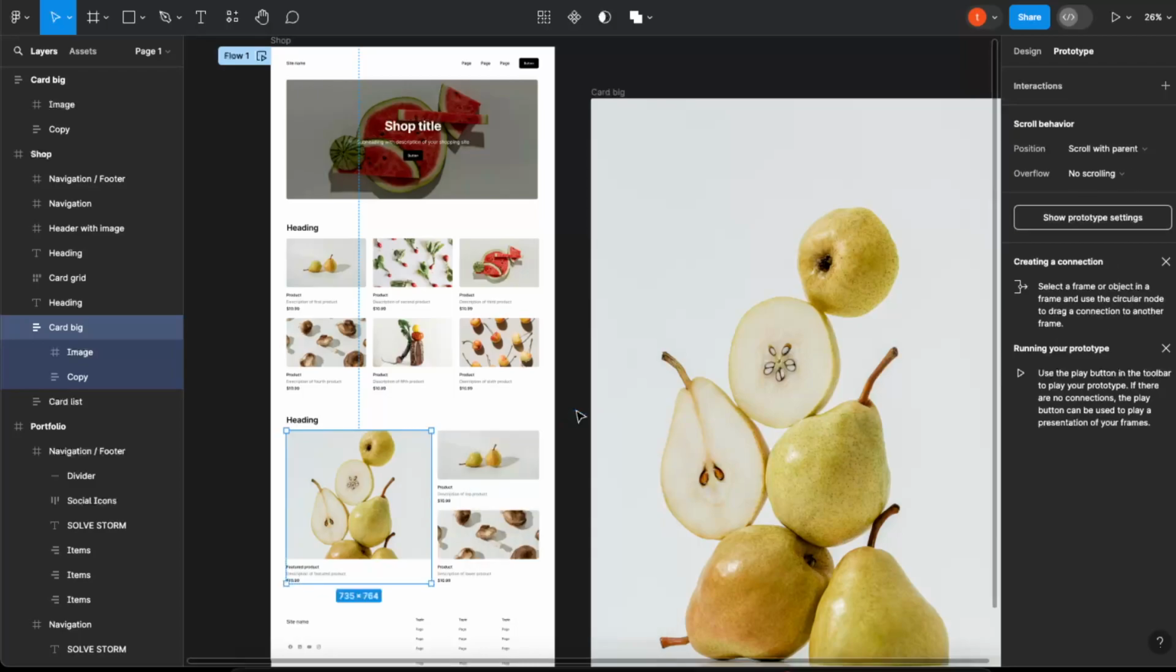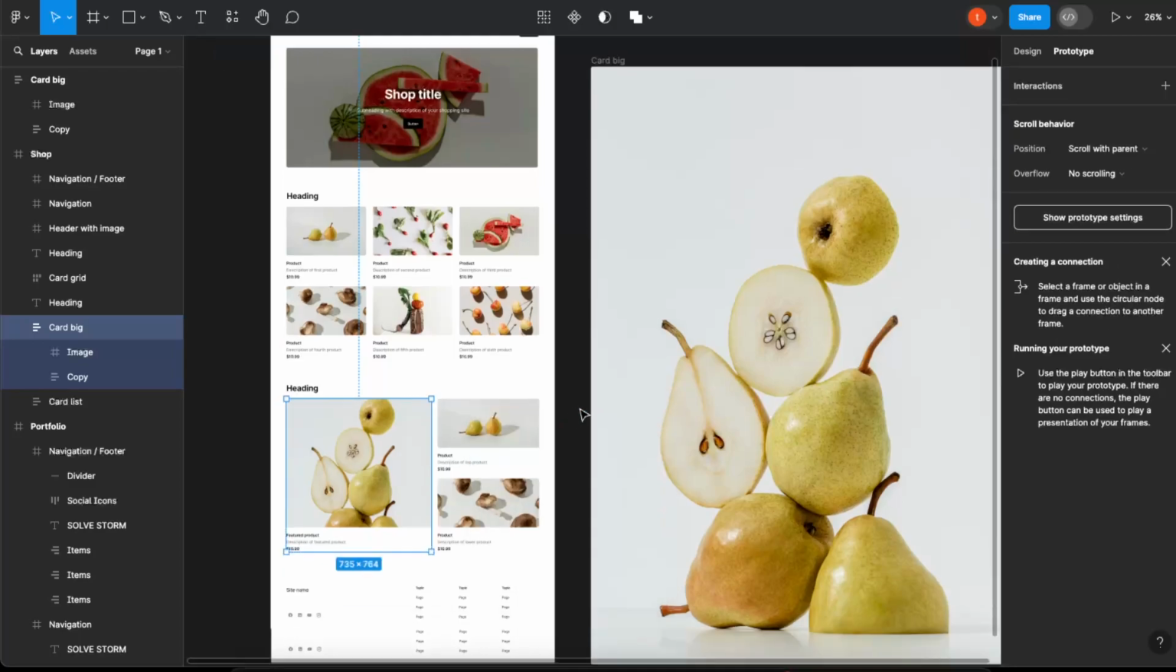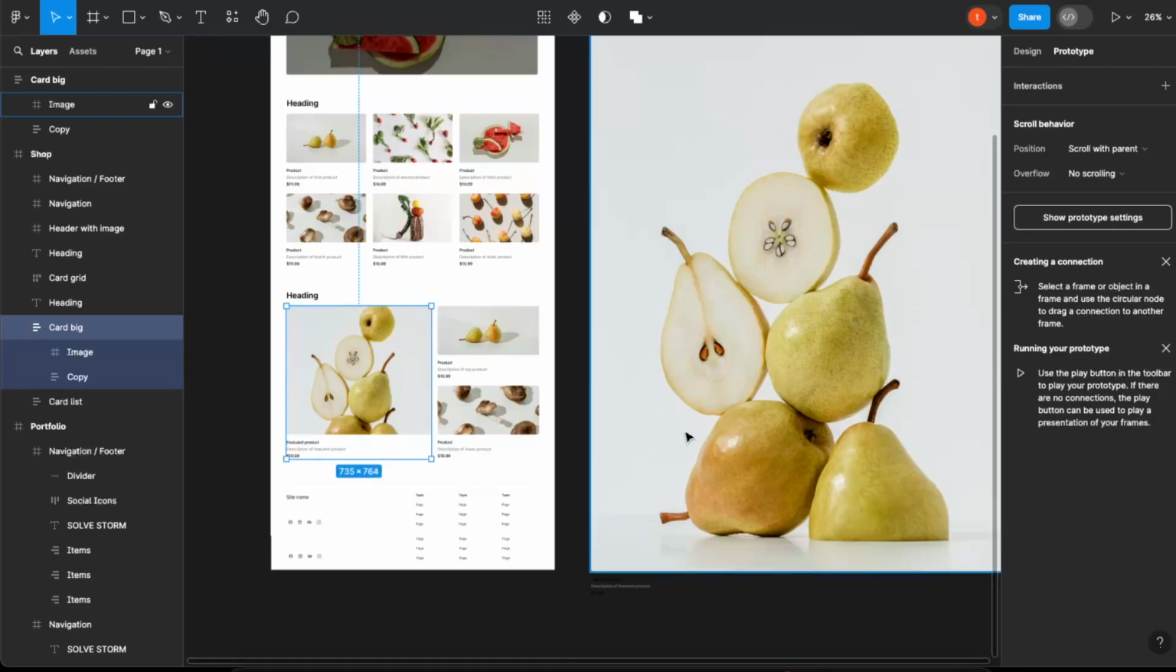You can just delete like so and do it once again. But yeah, that's how you create